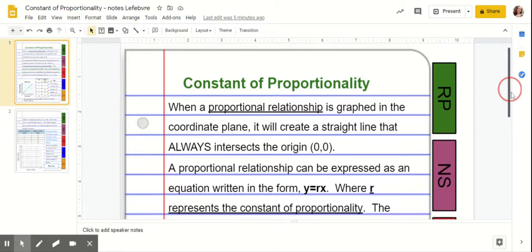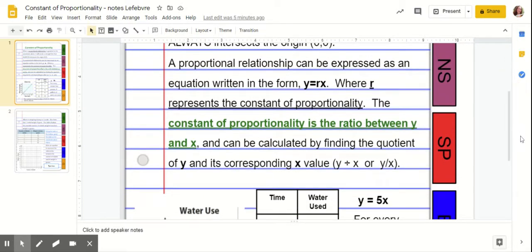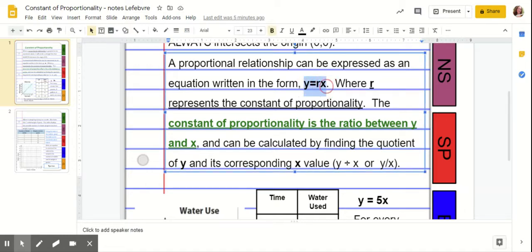In an equation, the form it will take will always follow this same pattern. The y value would equal r times x. The r here represents the constant of proportionality. Well, what is that? The constant of proportionality is the ratio between y and x. It can be calculated by finding the quotient of y and its matching x value. In other words, I can calculate the constant of proportionality in a proportional relationship by doing the y value divided